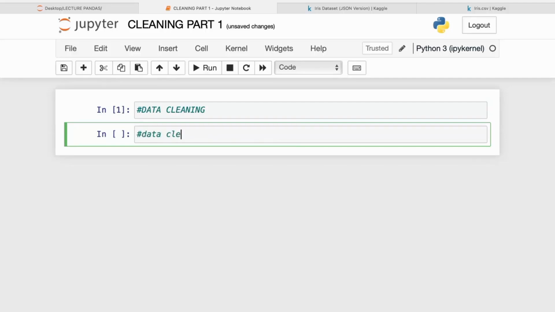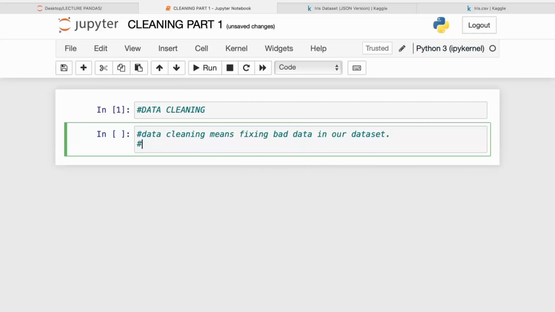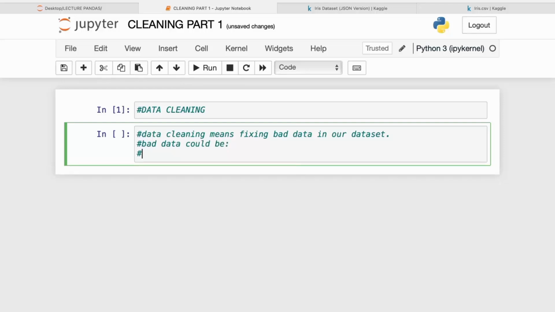Data cleaning means fixing bad data in our data sets, and bad data could be of many types. We'll discuss what can and cannot be considered as bad data, so you have a clearer picture in your mind of what comprises bad data. So bad data could be data in wrong format,